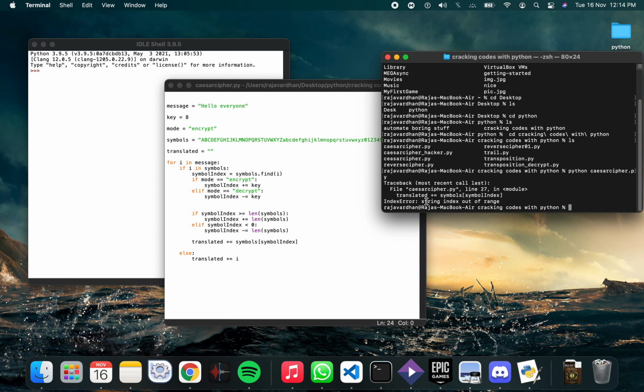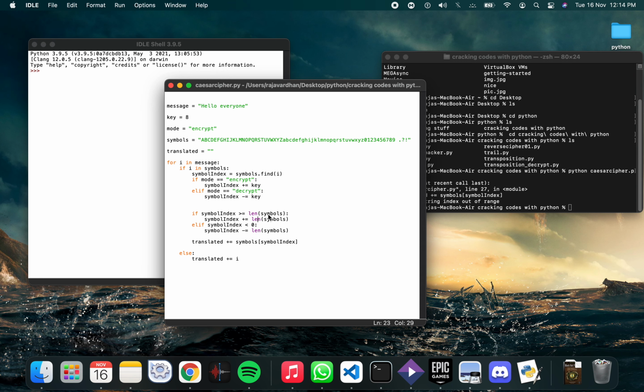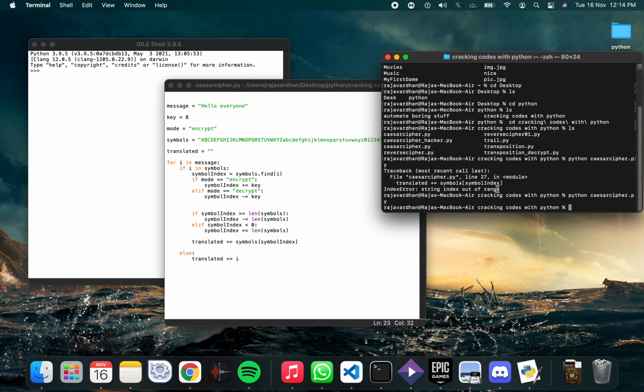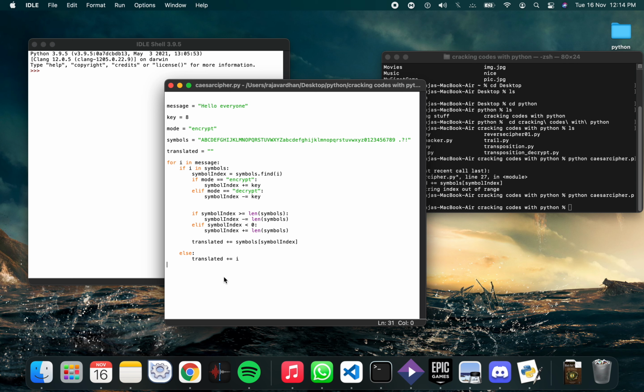Something is wrong. It is out of the range. I have done the wraparound, but sorry. If it is greater than the length of the symbols, I have to reduce the value. If it is less than 0, I have to increase the value. Sorry, I have done it in the reverse order. Yep, we have to print it, right?